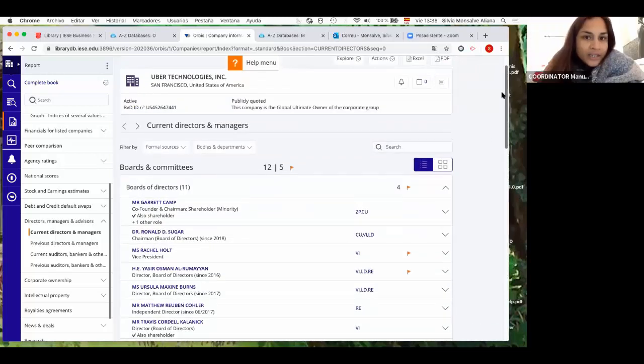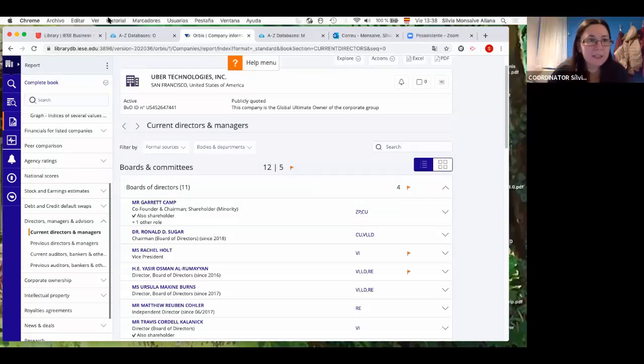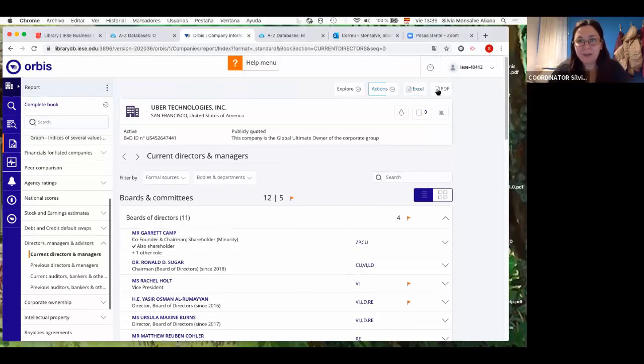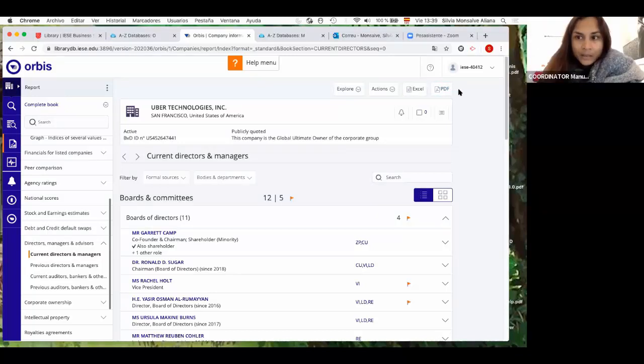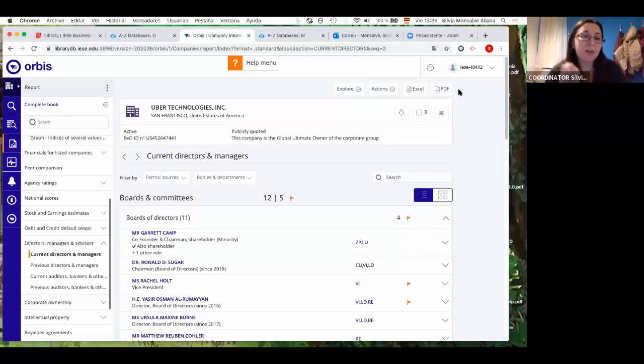And so here also you can read the company profile, and you can also download the PDF, no? Yeah, sure. The options are always on the top here, and you can download it in Excel or PDF. And you can download the whole report. It will ask you if you want the whole report or just a section, like I just want the financials or the information about the employees and the